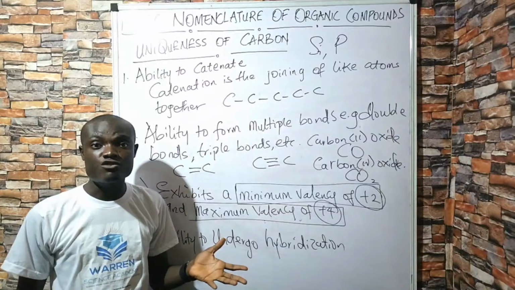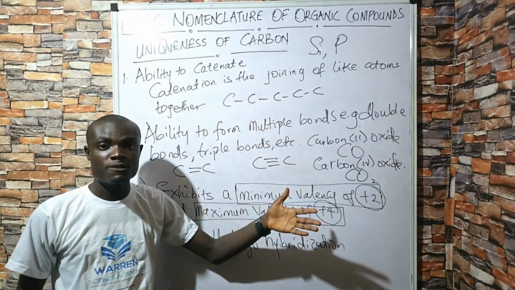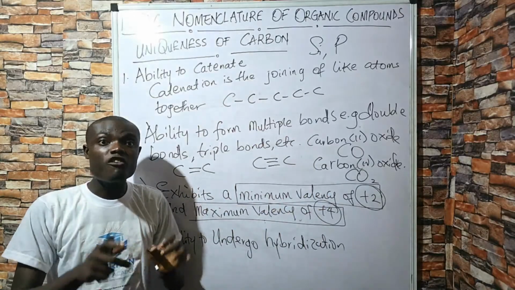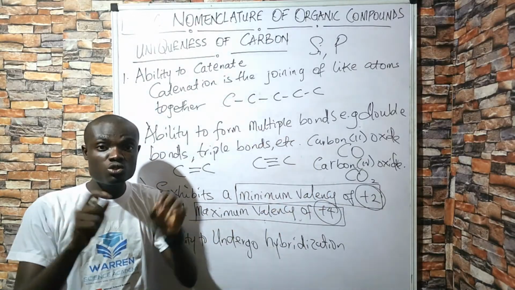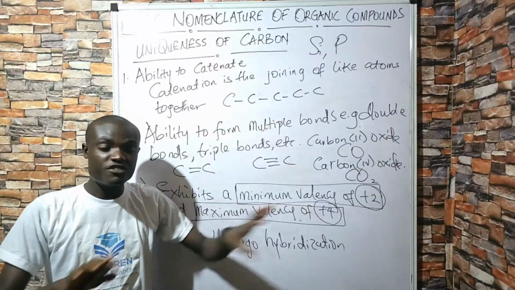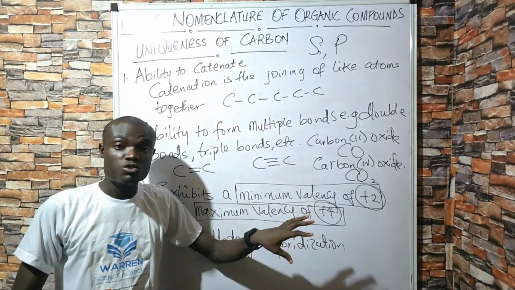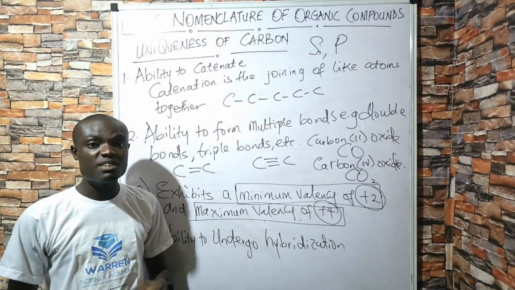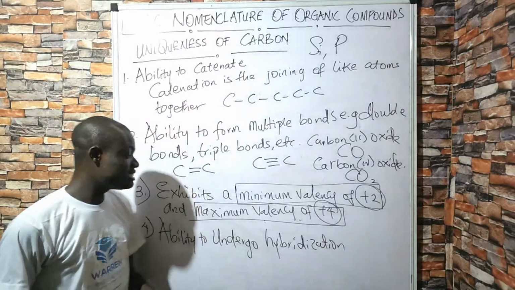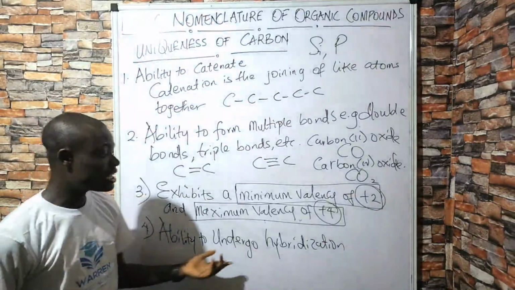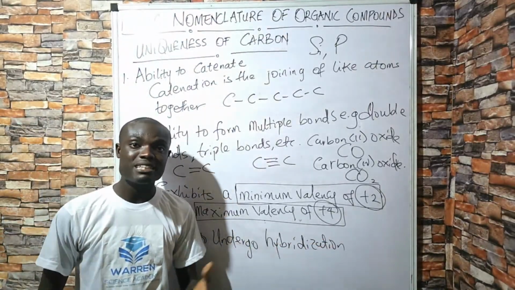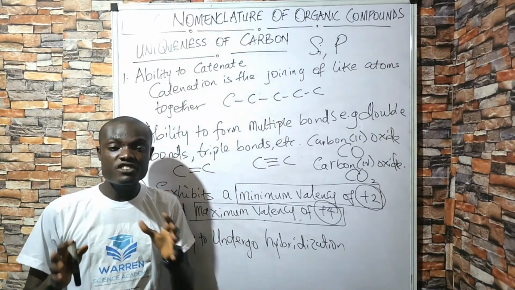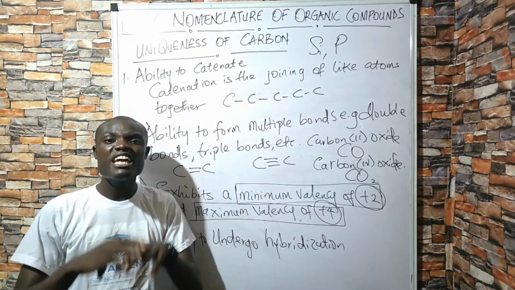So let's say we have 2 dogs. We have the German Shepherd and we have the Rottweiler, and then we bring them together, we cross them. Then they can form a totally new dog, somehow different from the Rottweiler and somehow different from the German Shepherd. So that animal is now what we call a hybrid animal. The same thing happens in chemistry. In chemistry, we have what we call hybridization. Hybridization is simply the joining of different orbitals together to form a new orbital.